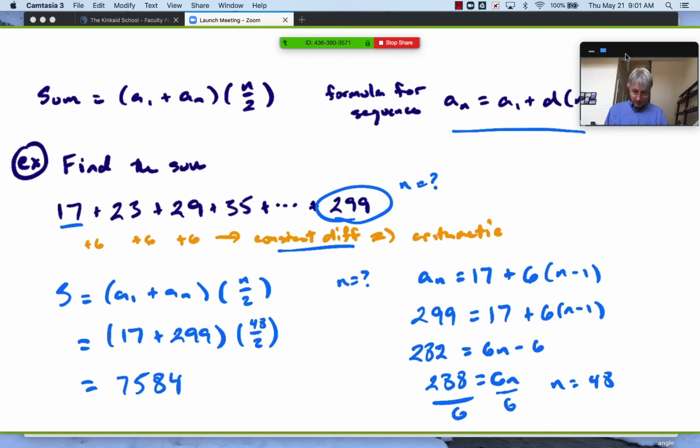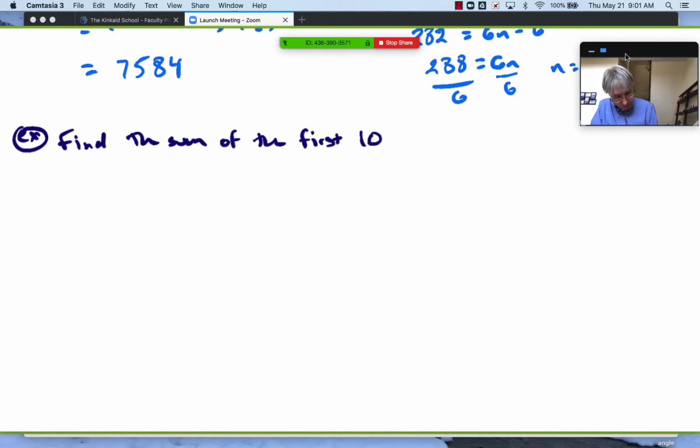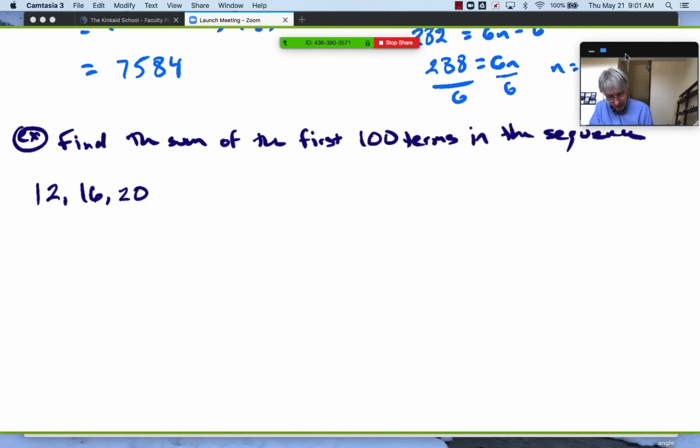The other type of problem that you might see, I think this is probably how we started, I would say something like, find the sum of the first 100 terms, for example, in the sequence. And then you'd be given some sequence, let's say 12, 16, 20, 24, 28, ... And so I'm still going to use,